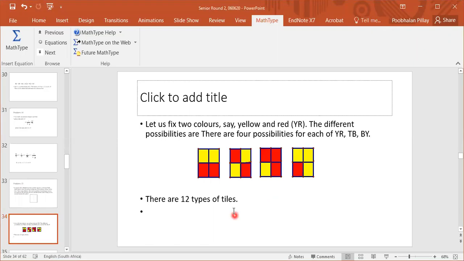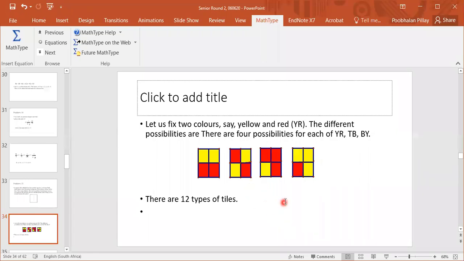So I've got a nice picture here. What I'm saying is, let's fix 2 colors, yellow and red. Now, how many different tiles have you got? I've got the answer here. So you must use both the colors. You can't use just one color. You must use 2 colors. All right. Now, the way of doing it is, if you want to be systematic about it,